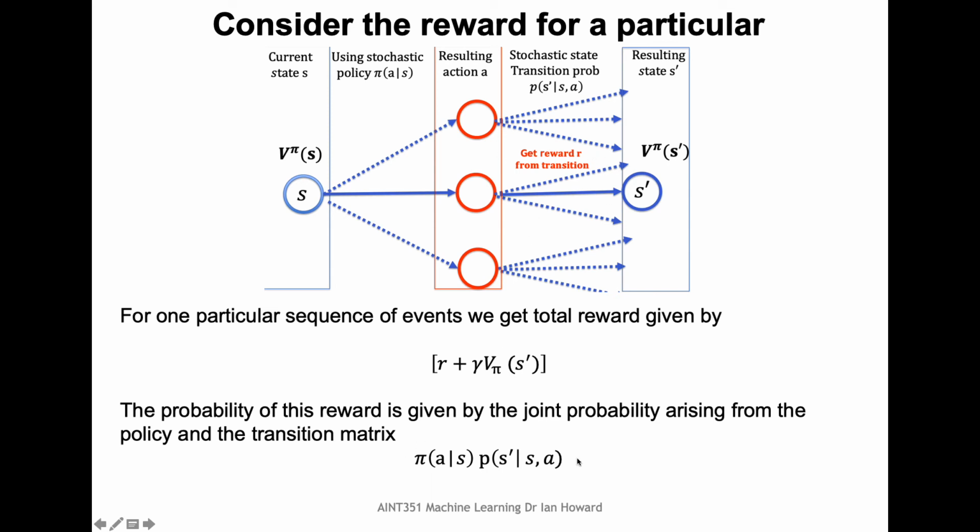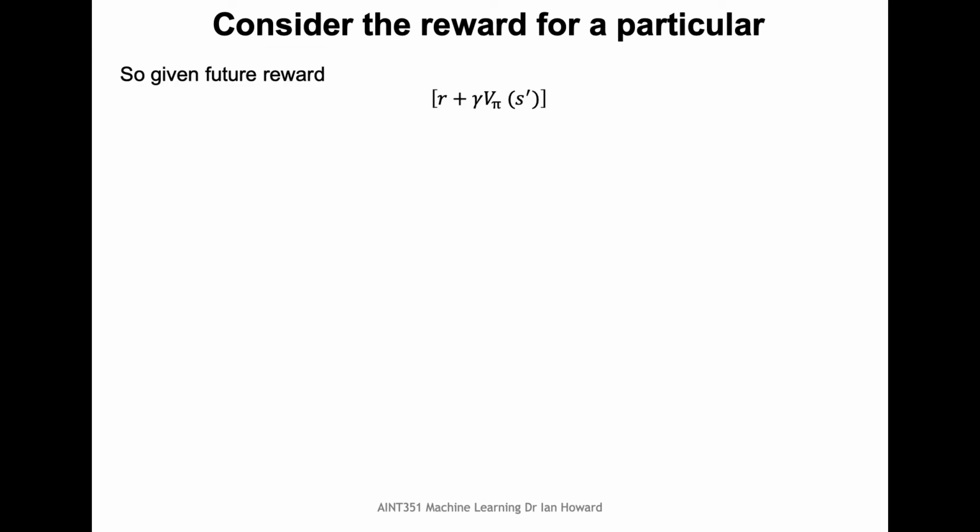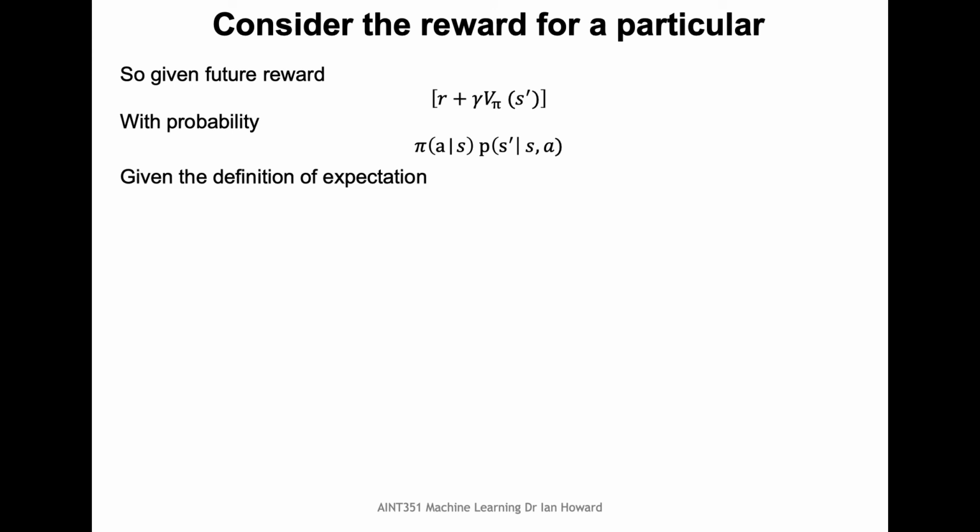Right, so we've got this product of two terms giving us the joint probability of where we're going to end up, which is then going to be written down here as pi(A|S) multiplied by P(S' | S, A). So, given the future reward that we've calculated, and given the probability that it will occur,